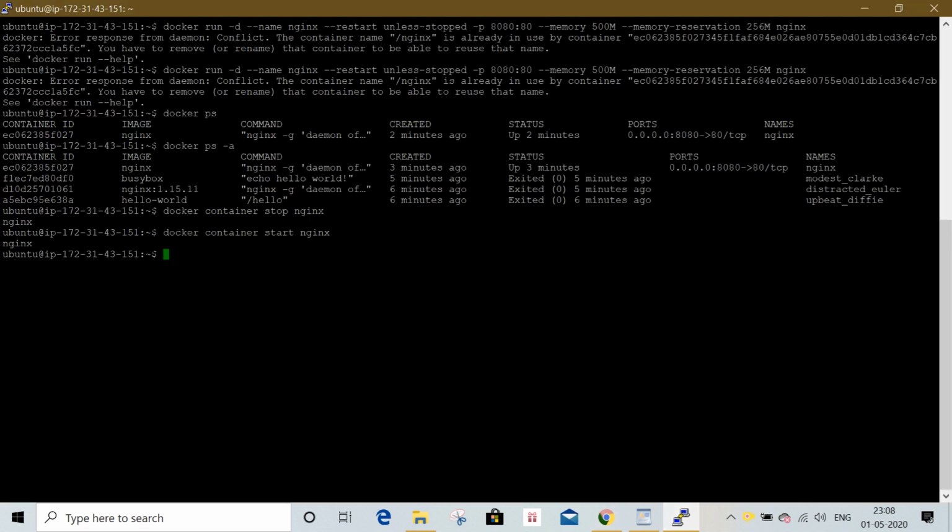Now I am going to remove this NGINX container. Before removing this container, we need to stop this NGINX container. For that, docker container stop nginx.